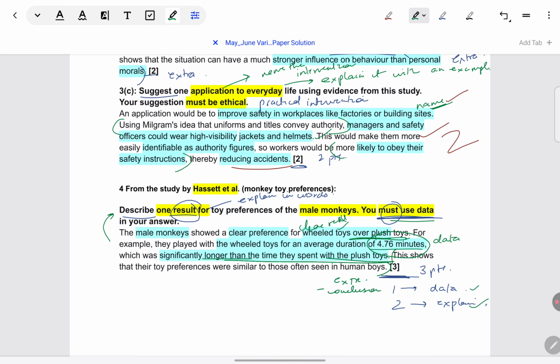So, where this candidate will get 3 marks is one, clearly putting a result in words; second, giving accurate supportive data for the result that they have put; and third, for describing that data in words. This is an additional point which will not get credit. It's an inference being drawn that even monkeys behave the same way as humans do. So we can just keep that aside, just ignore that part of the model answer. Given that these 3 points are given correctly, the examiner will award 3 marks.